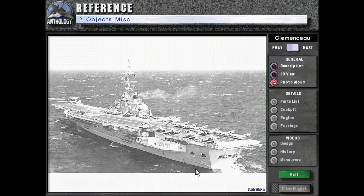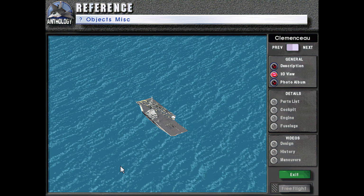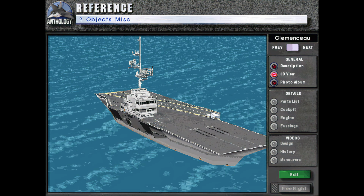Okay. Yeah, we just have the one photo here of a very overexposed black and white photo of, looks like it's not conducting carrier ops because that guy is parked, but we can see the flight deck is just filled with Super-Etendards, and if my eyes don't deceive me, a couple of French Crusaders. And in the 3D view here, we see